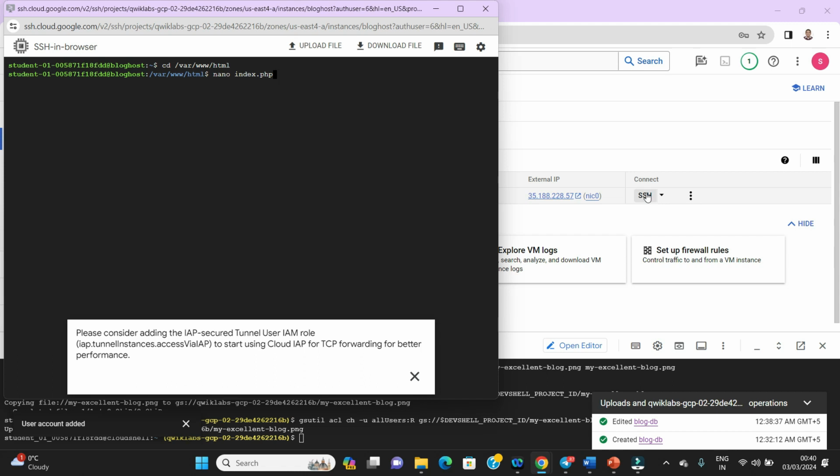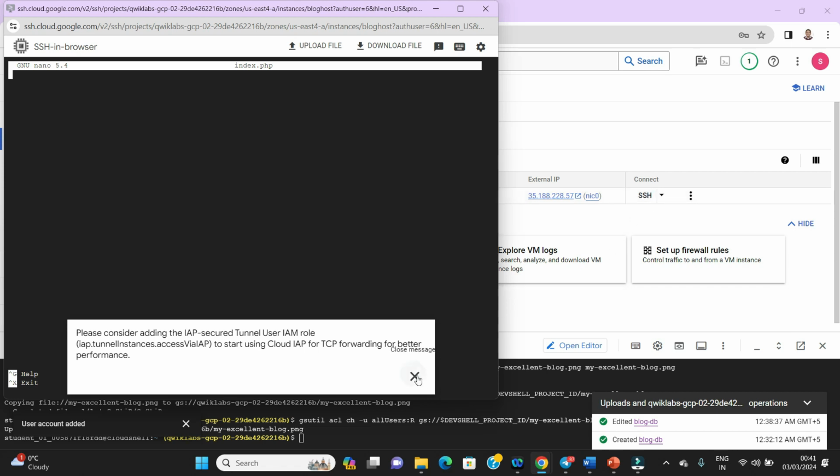So nano index.php will open our index page. It's better to write sudo to get admin permissions. Sudo nano index.php. Okay, so it will allow us to create our index page.